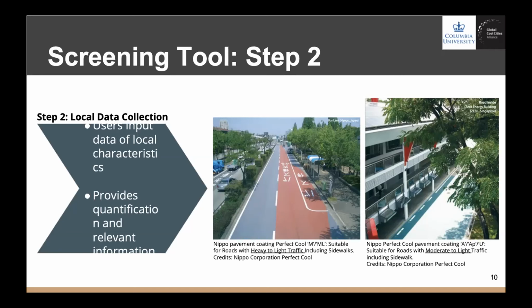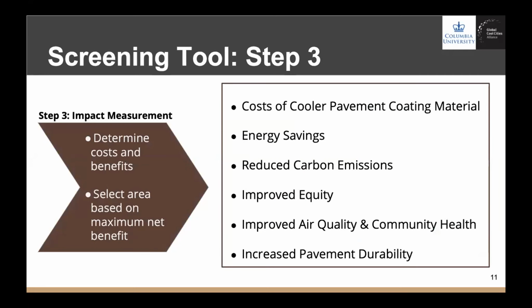We recommend that they look at school parking lots, shopping areas, and heavily trafficked sidewalks within these districts to refine their demonstration siting search. After this is completed, a cost-benefit analysis should be conducted to determine the potential impact of the pilot project. So the final step will be to select the exact area for a pilot project based on maximum net benefit. To measure the impacts of cool roadways for the city, several indicators can be used to assess its